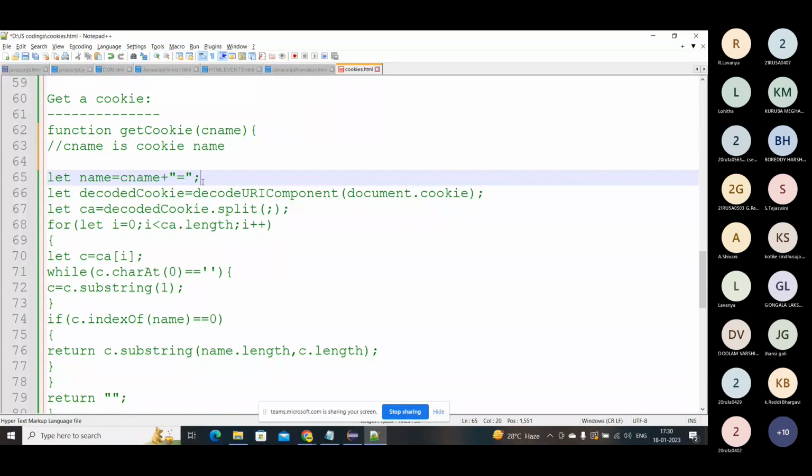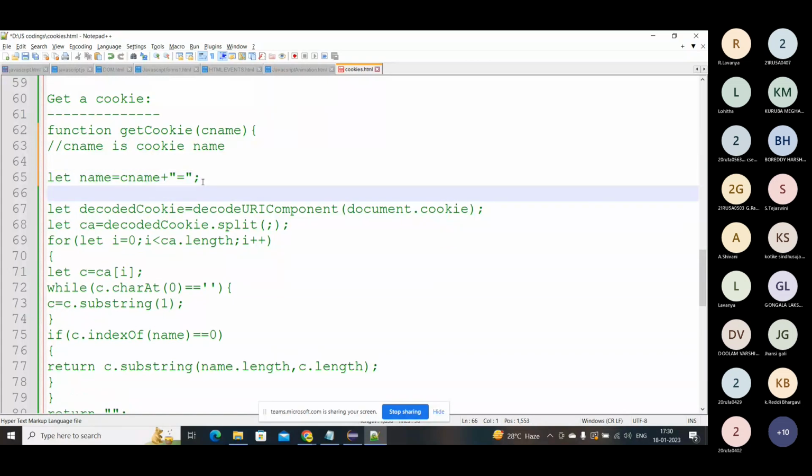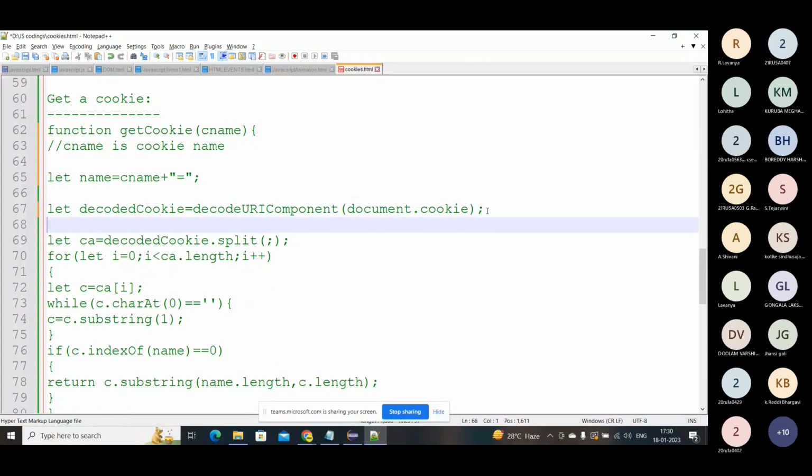And for decoding, to handle the cookie with special characters. If we have any special characters like dollar or something else, then it will identify them; for that purpose we go for this. And to split the document.cookie, we need this semicolon, right?